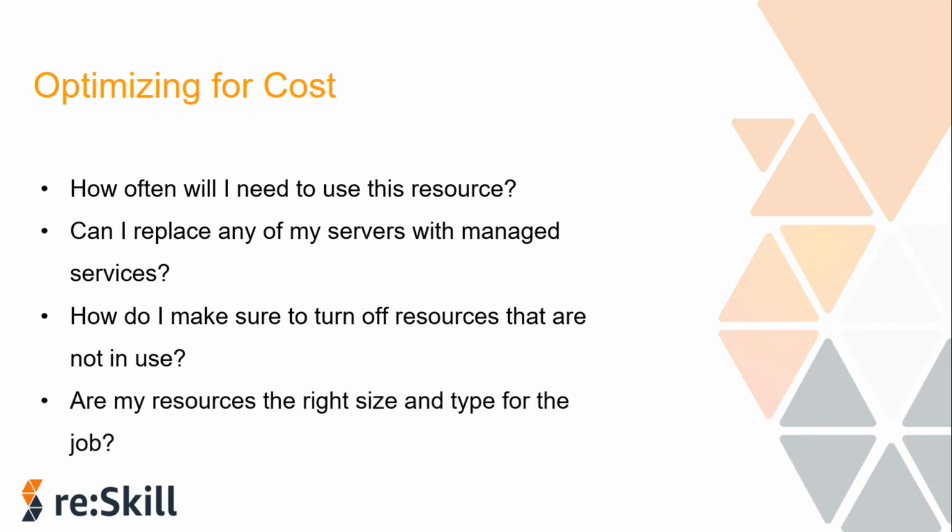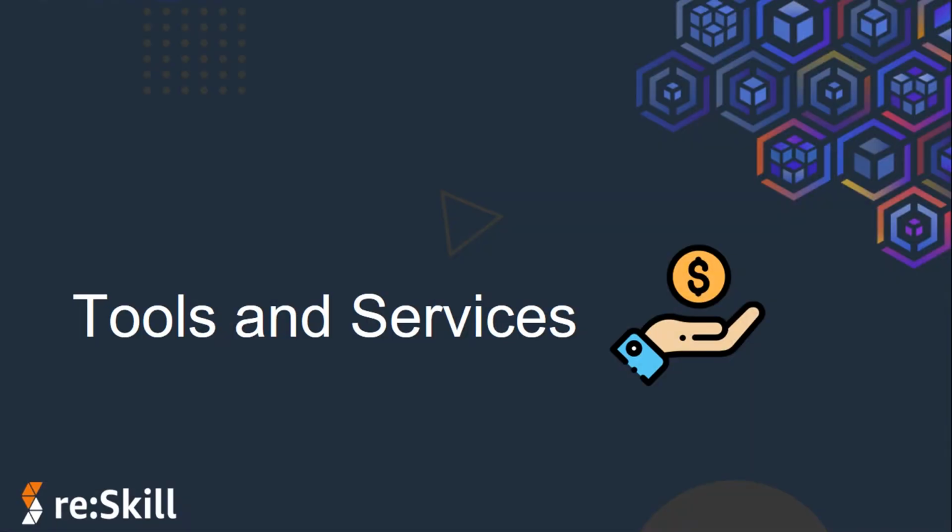For example, I need a T2.micro EC2 instance for my workload, and maybe I am having a T2.xlarge. That is not a good thing. Check whether they are of the efficient size, whether they are a perfect fit for my job, or whether I need to increase or decrease, so that the cost can be optimized. So these were a few techniques that can be used to control the cost while working on AWS.